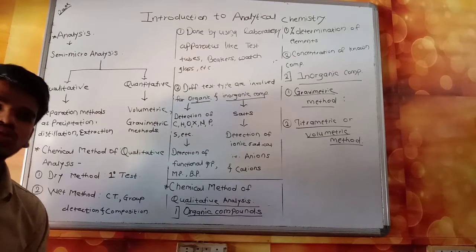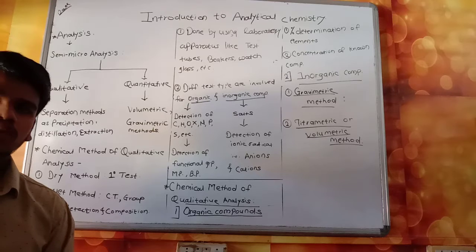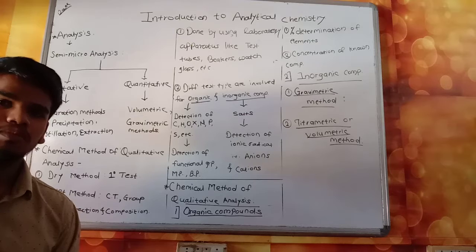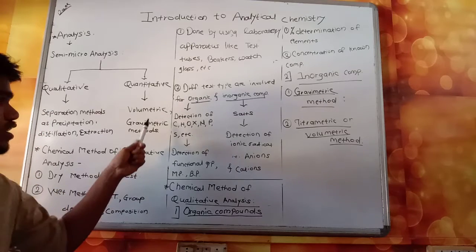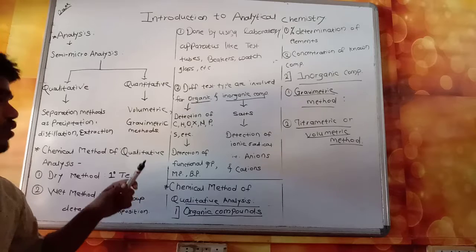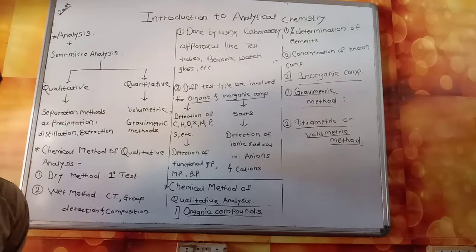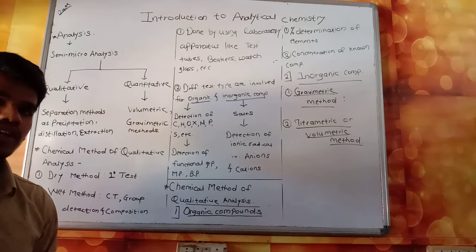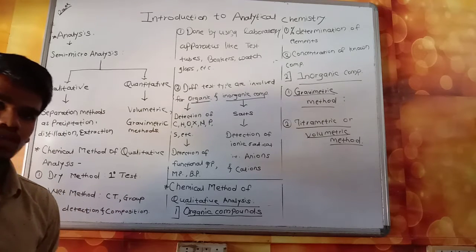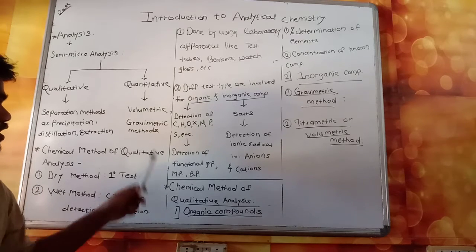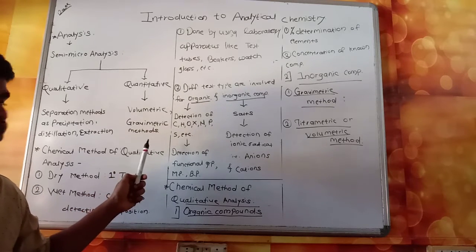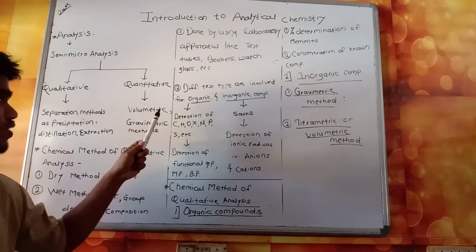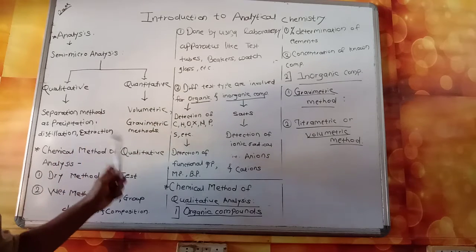Volumetric method is used to determine the amount of the solution or chemical which is required to complete the chemical reaction, which is present in the liters or the DMQ or CMQ. Okay, and in gravimetric analysis the percentage composition or the concentration of a compound or the element in the sample is determined. Means it is determined in grams, that is in quantity, and it is in ml or CMQ. It is again the unit of quantity. Okay, this is the quantitative analysis.